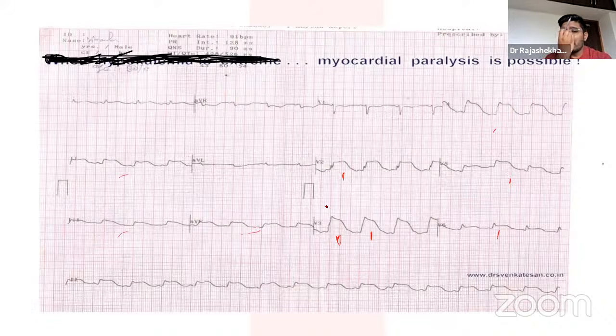So grossly, if an untrained person or a trainee looks at this ECG, he may tend to confuse this particular ECG as an MI and may trigger the coronary call. And sometimes the patient may end up going for the coronary angiogram. But this is also a manifestation of the hypokalemia in the patient. This particular tracing I took from the blog of Dr. Venkatesan, who is a renowned cardiologist.